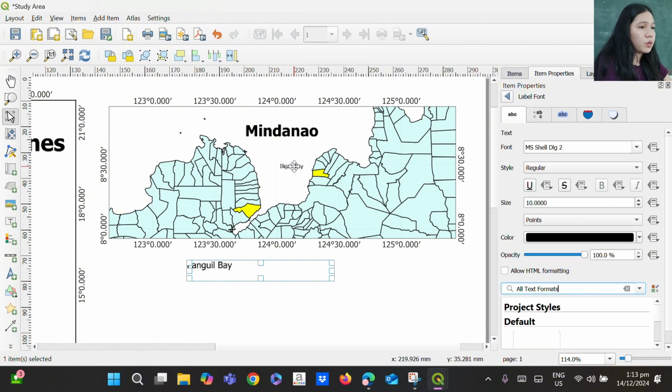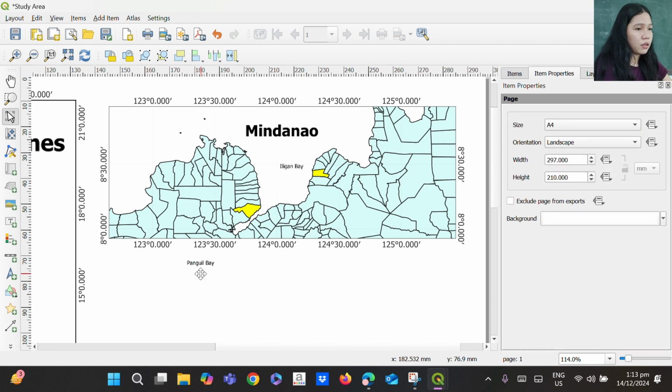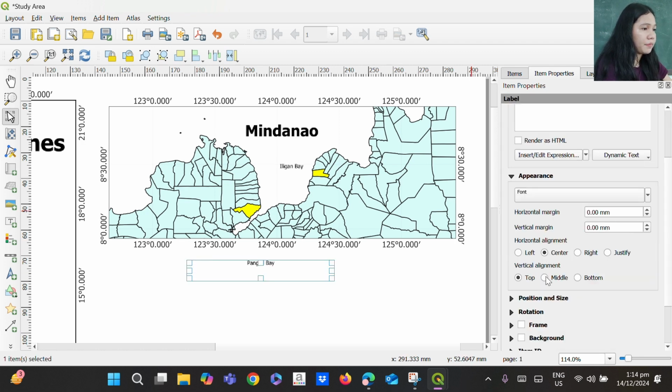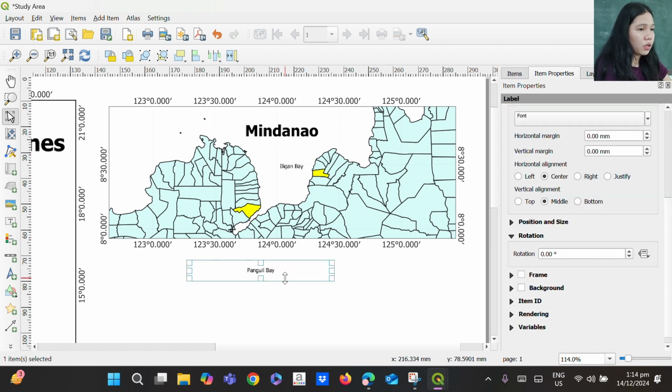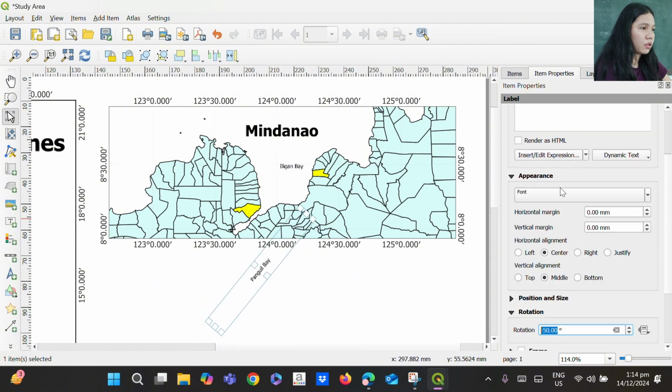Same as earlier, I'm going to choose the size 6. And then I'm going to adjust the rotation since I'm going to put this text in between these bodies of water. So I'm going to adjust the rotation number of the text. So I think that's enough.